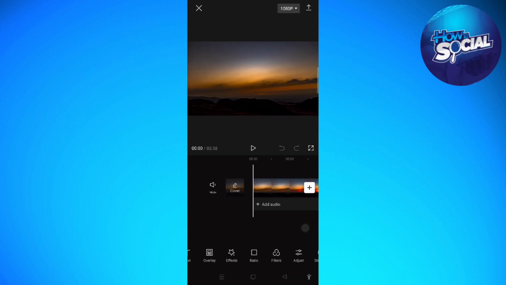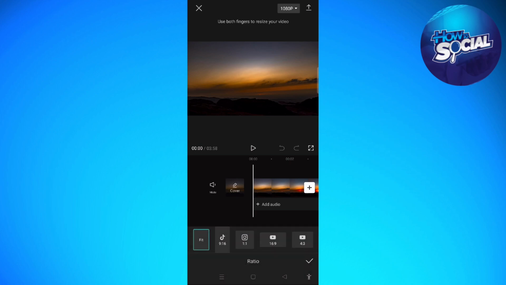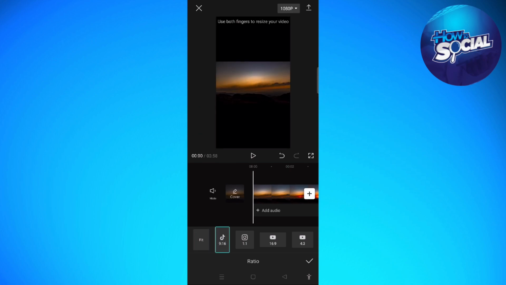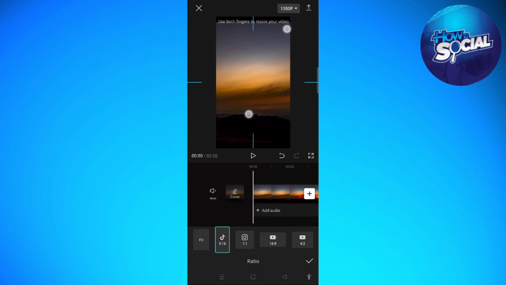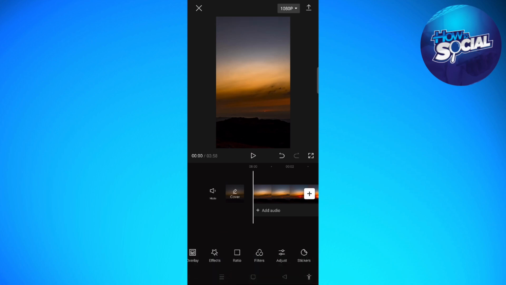You can go ahead and tap onto the audio part right here on the bottom part of your screen that says ratio. You can go ahead and tap on to the 9 by 16 ratio there, and then in here you can adjust the video to the 9 by 16 size. And then just tap onto the check icon,